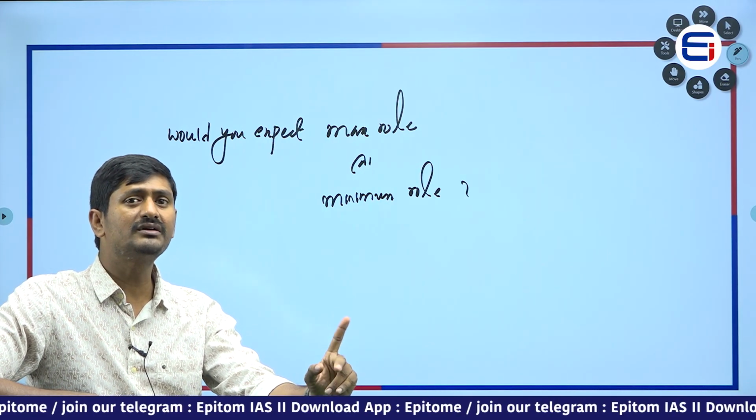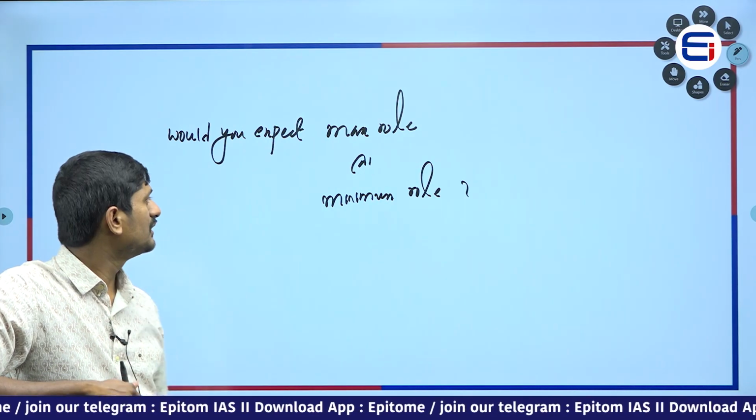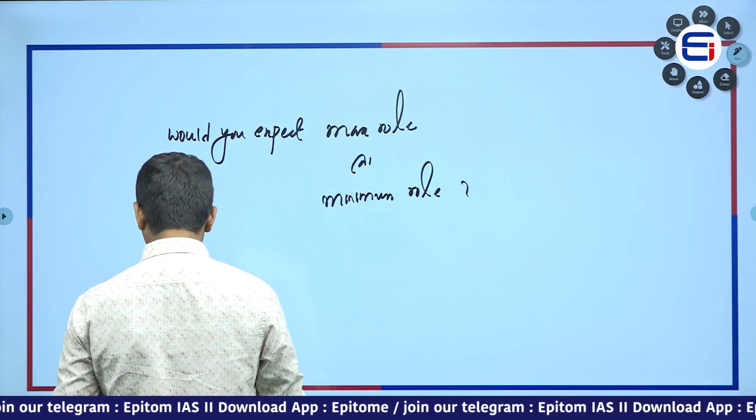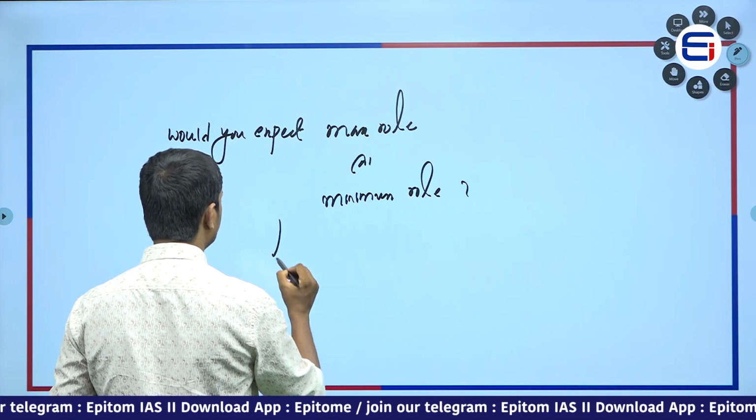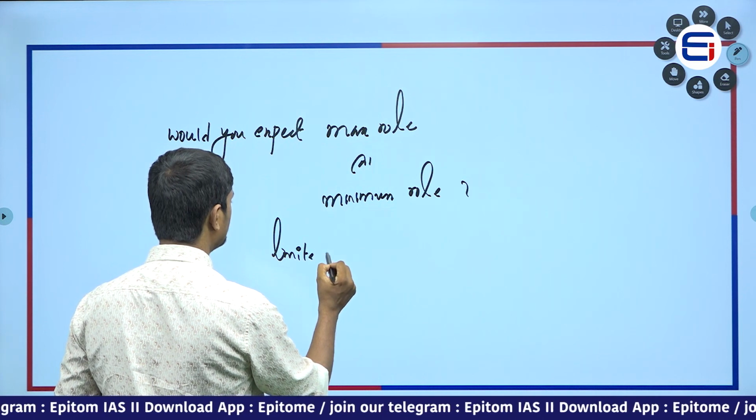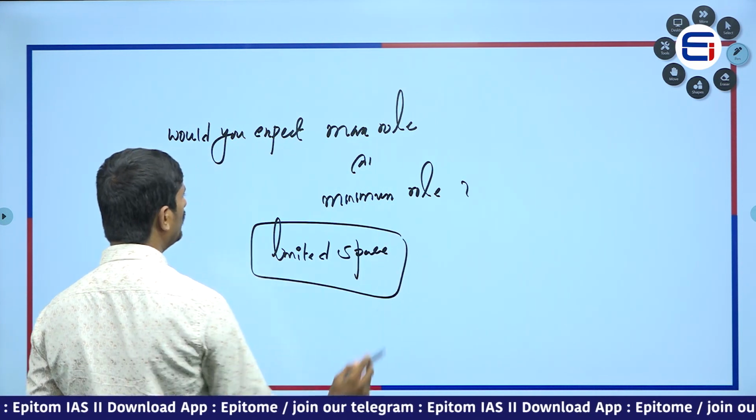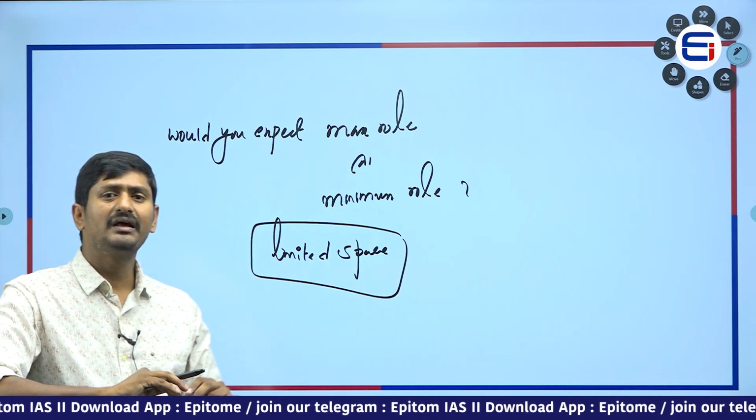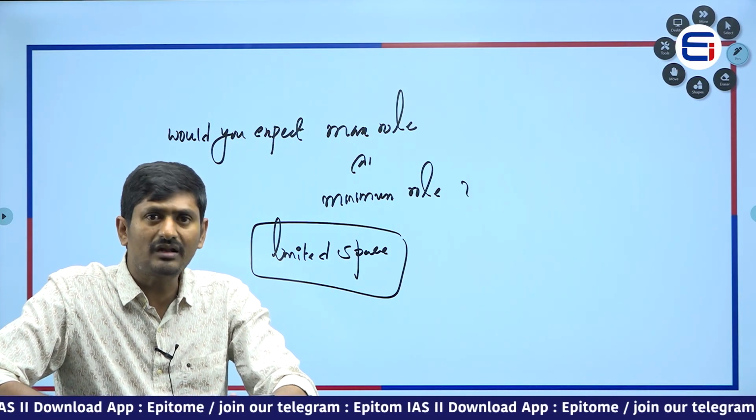The Constitution of India establishes only limited space for the state. What is it? Limited space. The state is not given absolute power. The state is not given any kind of absolute power. You take the North Korean state,